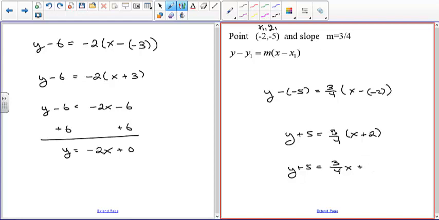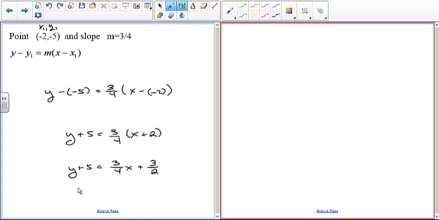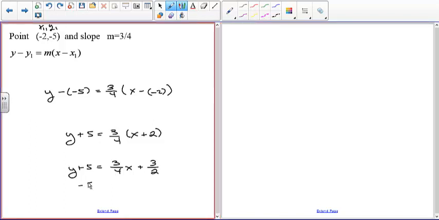Now 3 times 2 is 6, 6/4, but that simplifies down to 3/2, so we'll go ahead and do that. And then the last thing we're going to do is subtract 5 from both sides. Now I'm going to use 5 here, but over here I've got halves, so actually what we're going to do is show you a different way. So instead of doing it this way,